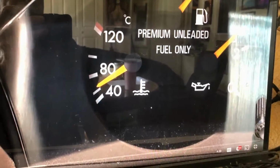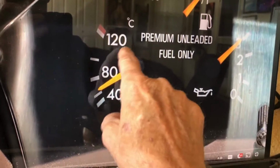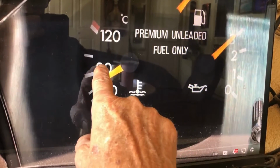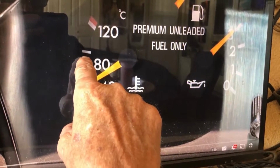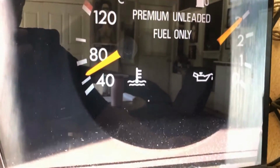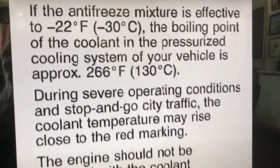So, boiling point of water is 212 Fahrenheit, 100 Celsius. The way that I understand it, there's the 80 Celsius mark. There's the 100. There's the 120. Usually, the car should run between 85 and 100 or 90. So 90 is somewhere in here. And in the factory, let's see, where is it? Right there. So the coolant temperature gauge,